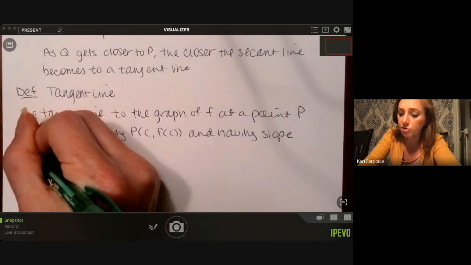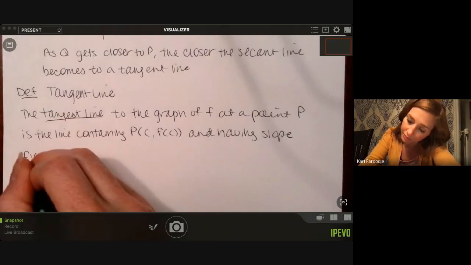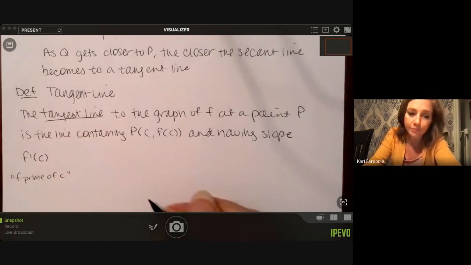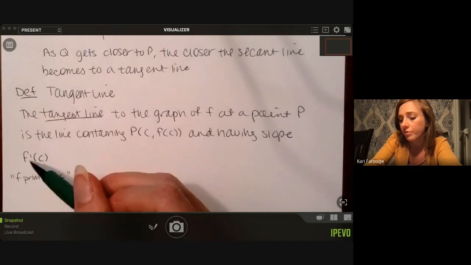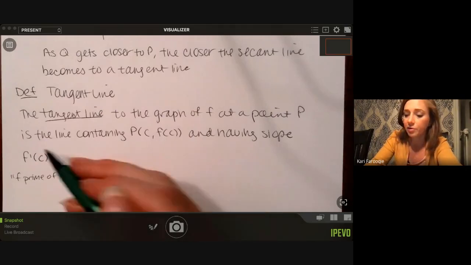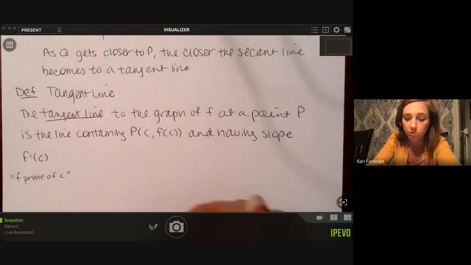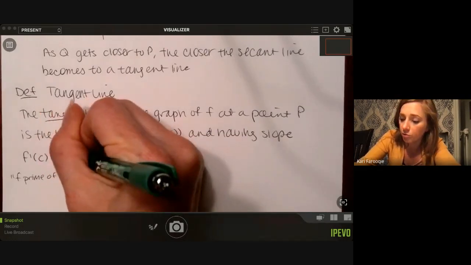New notation alert: f prime of c. The prime is this little apostrophe looking character, and that's how we would read this, f prime of c. We're going to be using that notation for the rest of our calculus lives. So you're seeing it for the first time now. You're going to be seeing it through the rest of this course, Calc 2, Calc 3. It's not going anywhere. This is going to represent the slope of your tangent line, and we'll represent that by